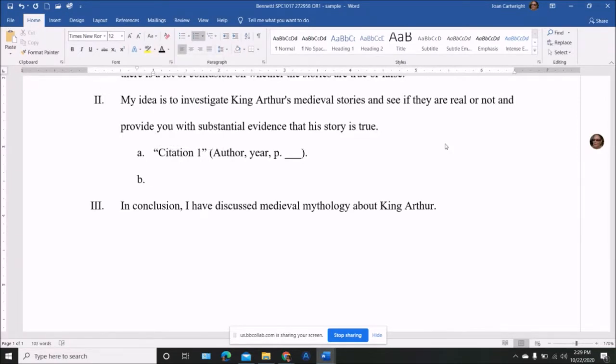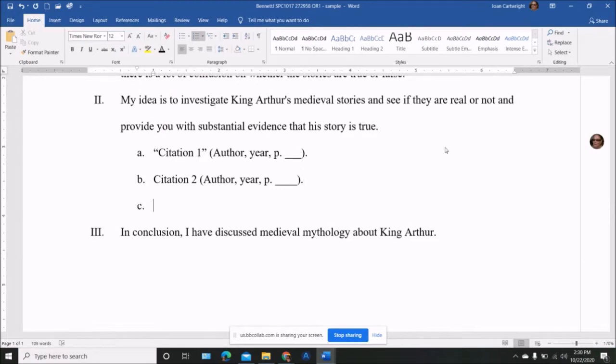Let's go to citation number 2. It'd be a paraphrase from the article. So you still need the author and the year. You're using a lot of what the person said. You need the page number and the period at the end. Citation 3,